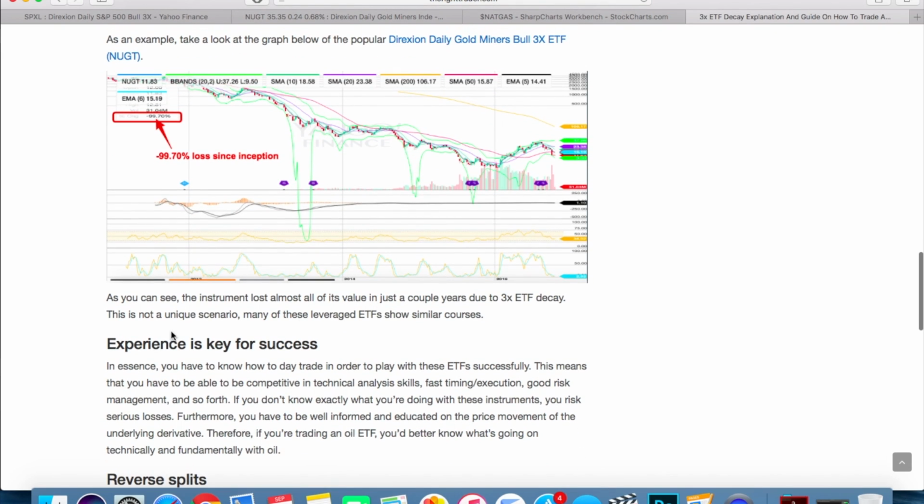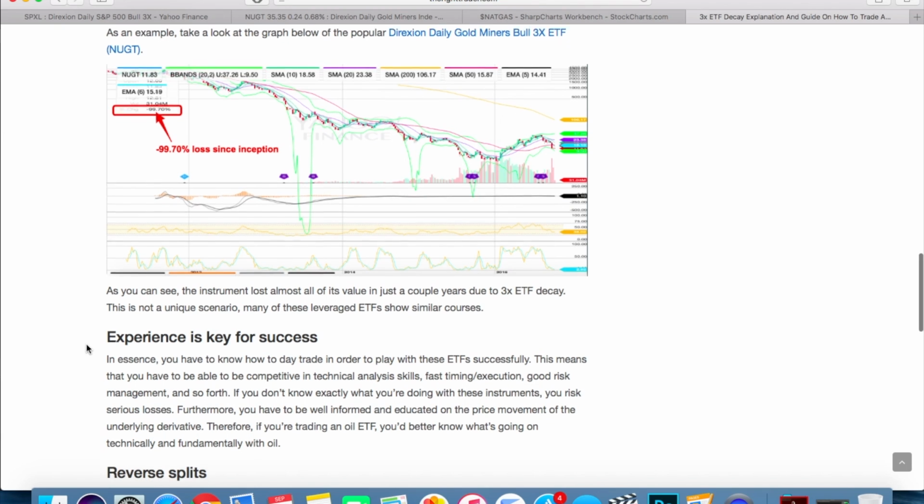So next, I do want to say, like I mentioned, that experience is really going to be key for success when trading these 3 times ETFs. And what I mean by that is you have to be on point with pretty much the following aspects. Technical analysis, you really have to know what you're doing. There's really no leeway with these 3 times ETFs. You actually have to sort of be a professional when it comes to this stuff, right? You have to have fast timing and execution on your trades. You have to have proper risk management. Otherwise, you're really going to get hurt badly, right? So be careful with that, and you probably shouldn't be trading these unless you are an experienced day trader. Okay, so